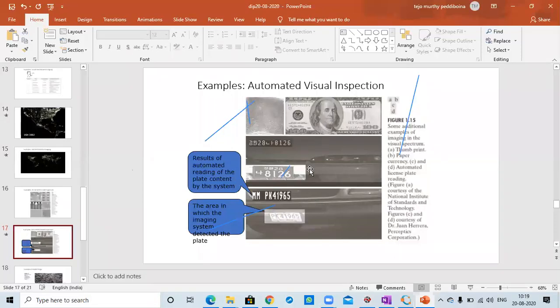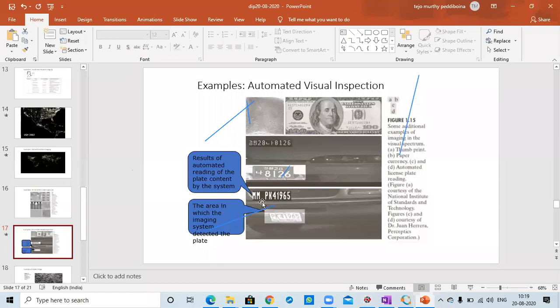In the car image, for example, if you want to extract the number plate in traffic, one car is moving at very high speed, or otherwise they are violating the traffic rules. The digital camera captures the number automatically, and for that it has to identify the numbers also, and the number will be directly transferred to the control room, and the control room can take necessary actions.